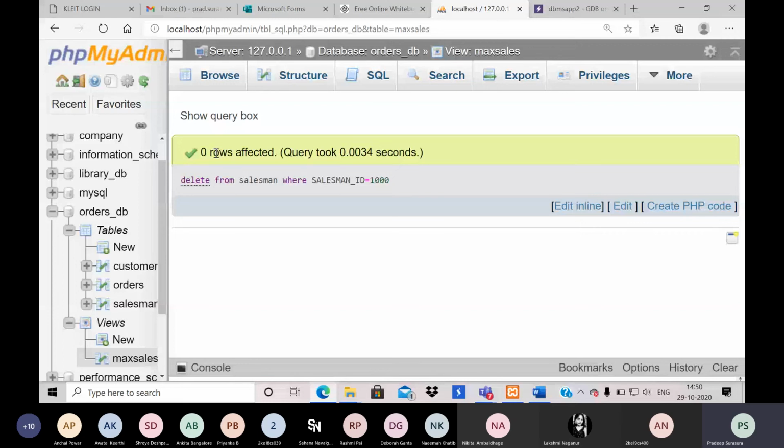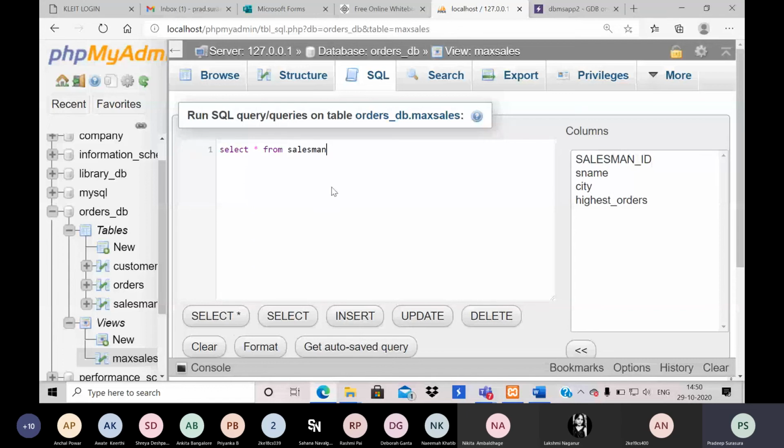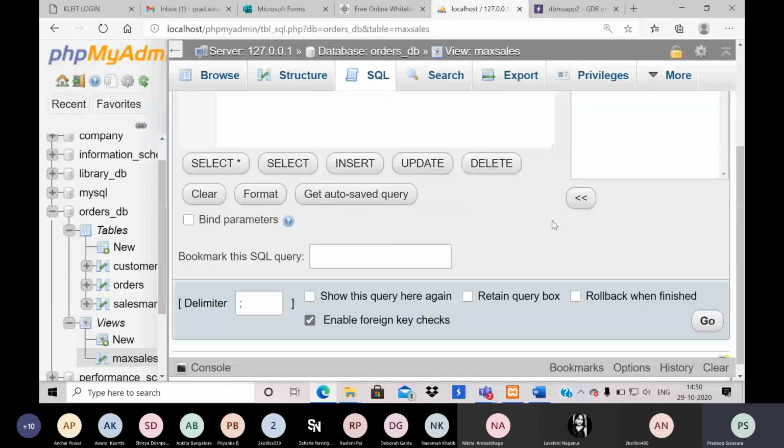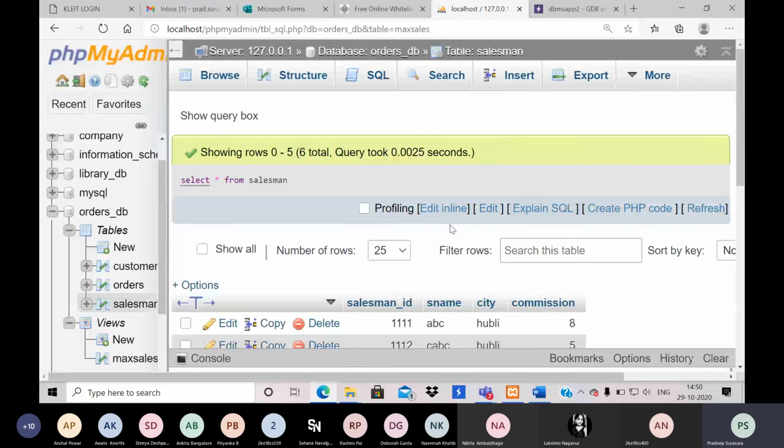So let me take from salesman, let me write select star, sorry, from salesman. So when I say that, okay, I have these many records.